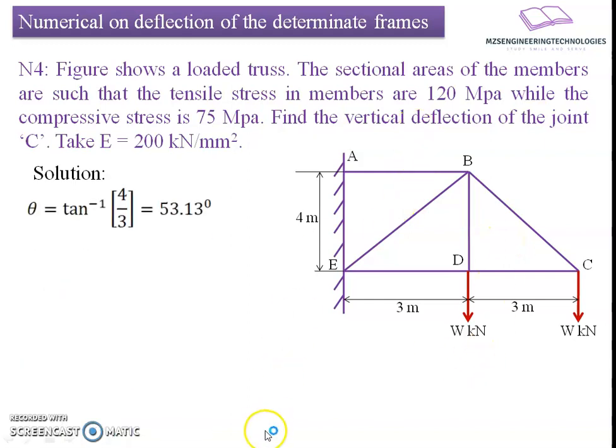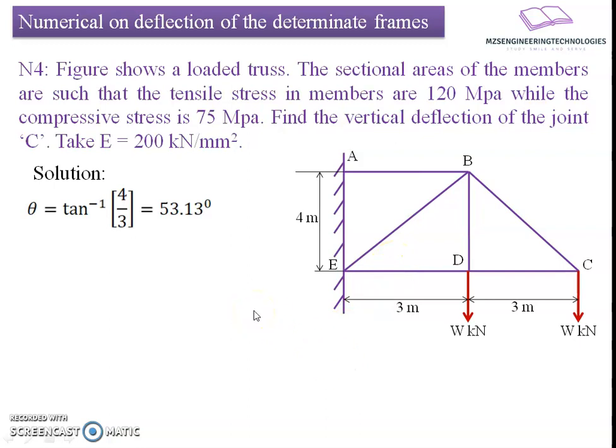Let us find out the angle E with reference to the triangle BDE. We can say tan inverse of BD divided by DE will give us the angle E, which comes to be tan inverse 4 by 5, because height of the frame is given as 4 and bay width is 3. So it results into 53.13 degrees. Angle E and angle C are equal because the bay width given is equal, whereas angle B and E are adjacent to each other. That's why they will bear the same value.